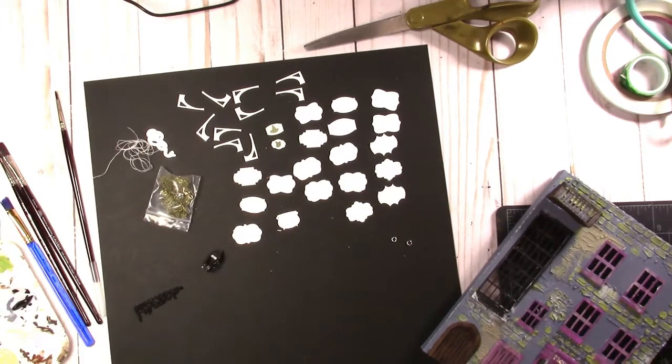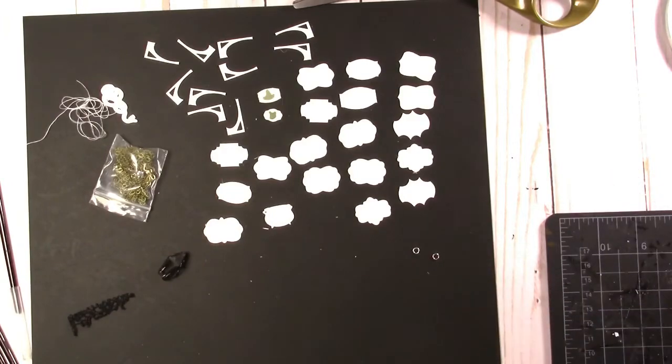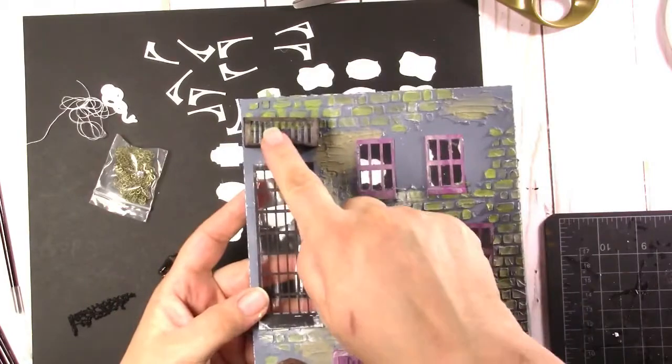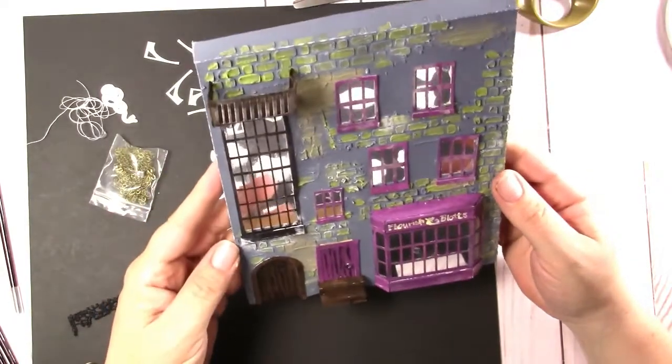Hello everyone, welcome back. It's Jen from Scrap and Posh, and we are going to finish up our book nook today. So first thing I want to address is I glued this on crooked, but you know what? You're not going to be able to tell. So yeah, today